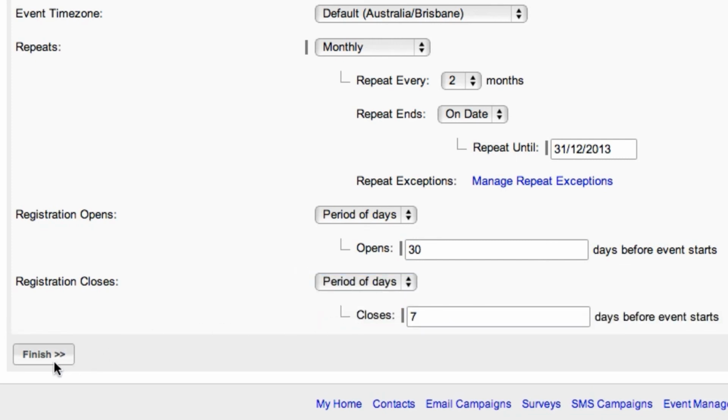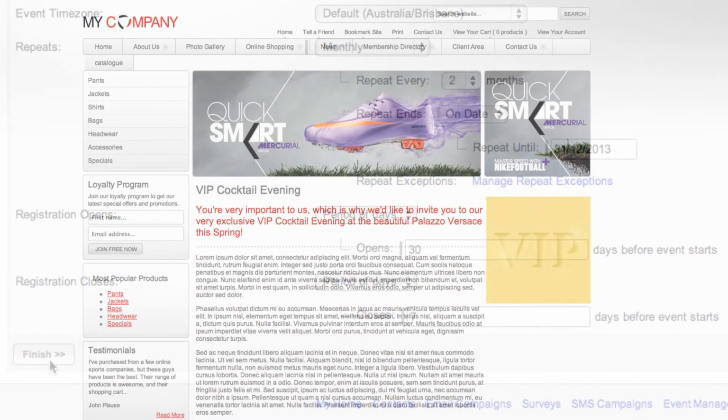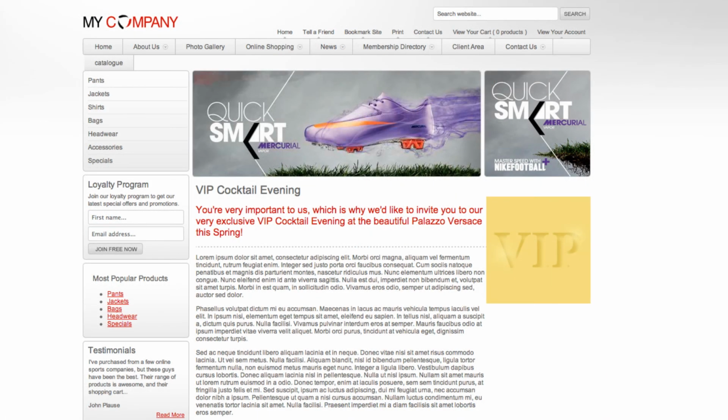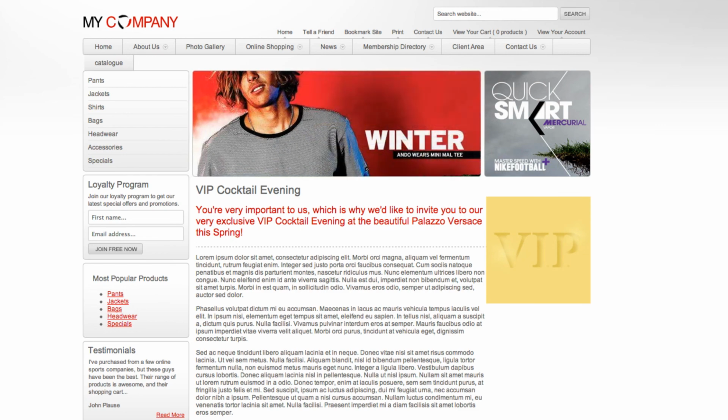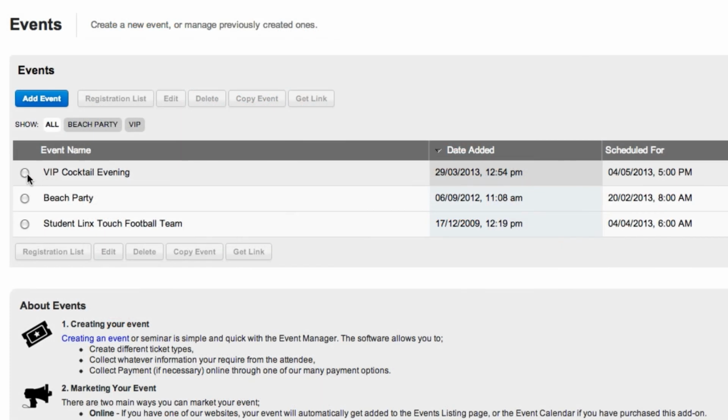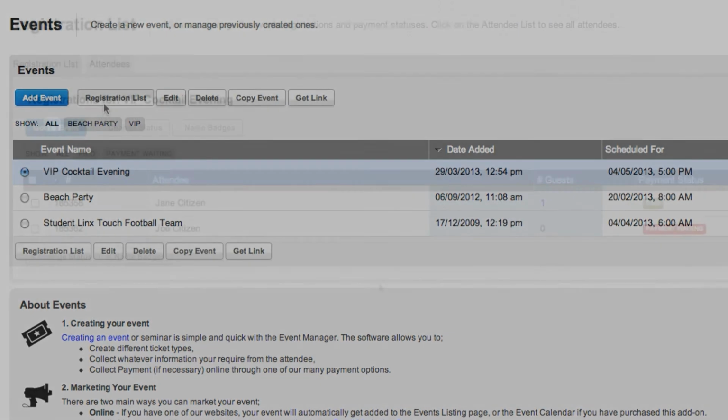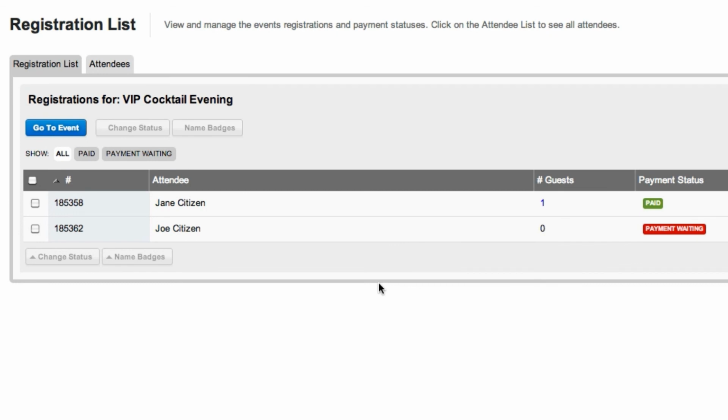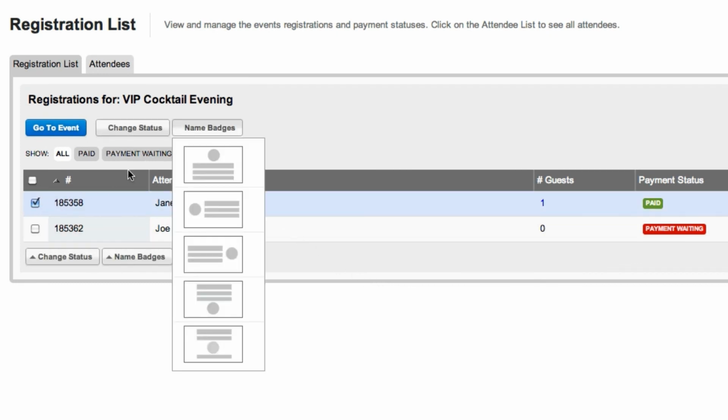Now that I'm done, I simply click Finish, and you can see here that the event has appeared on my website, and that the tickets are now available for purchase. To view who is registered for your event, simply select the event and click on Registration List. From this window, you can also view the payment status of all your ticket sales as well as print name badges